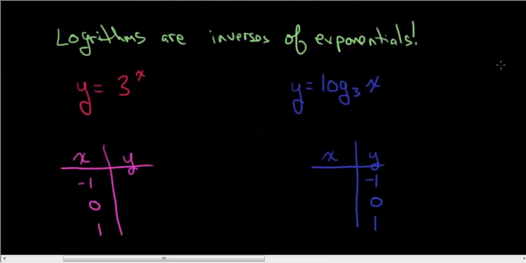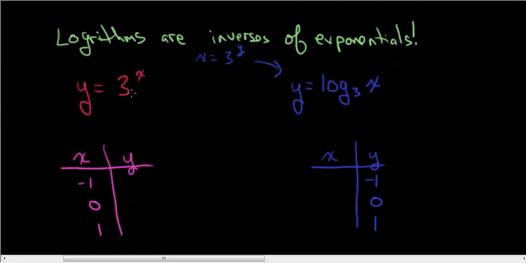If we remember that logarithms and exponentials are inverses. So if this is y equals log base 3 of x, the inverse of that, how do I write the inverse? I switch the x's and the y, right? So to write the inverse, I would write x equals 3 to the y. Take the log base 3 of both sides, so log base 3 of x equals y. To write the inverse, you switch the x and the y. Well, here on this exponential equation,